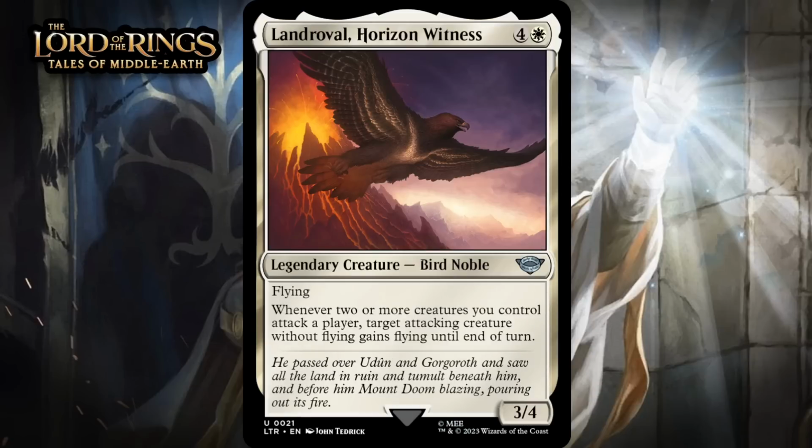Next up, it's Landreval Horizon Witness, which for 4 generic and a white is a 3/4 legendary bird noble at uncommon. It's got flying, and whenever 2 or more creatures you control attack a player, target attacking creature without flying gains flying until end of turn. A 5-mana 3/4 with flying these days is a C- at the very best, but if you're attacking with one other creature along with Landreval, who's likely to be able to attack reasonably well because of flying,